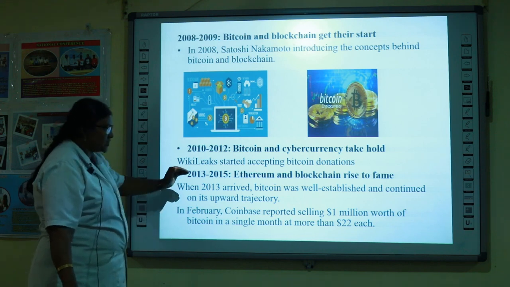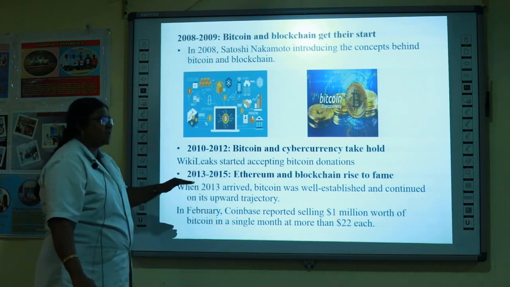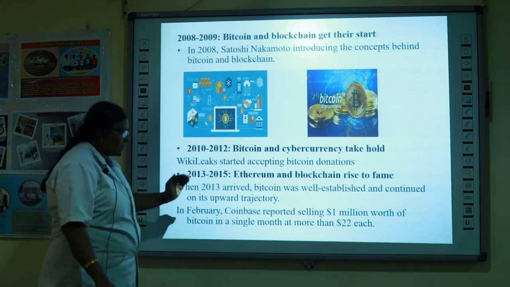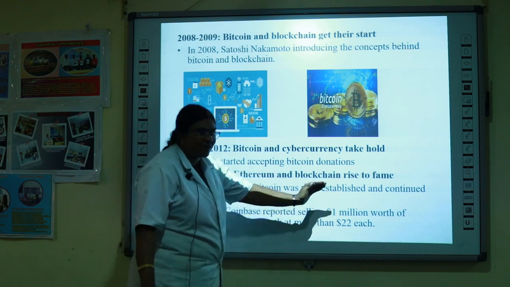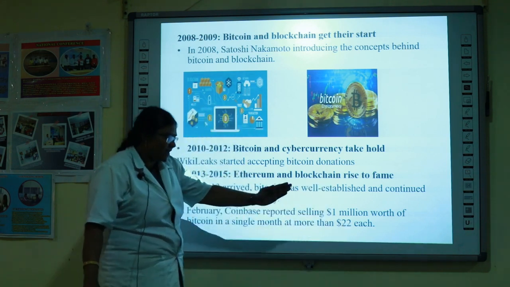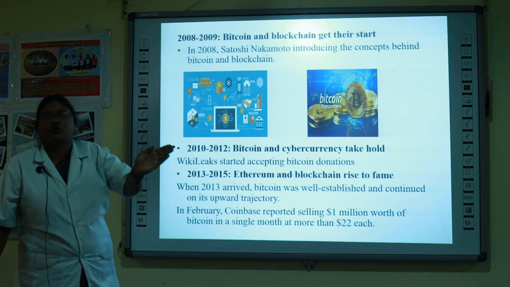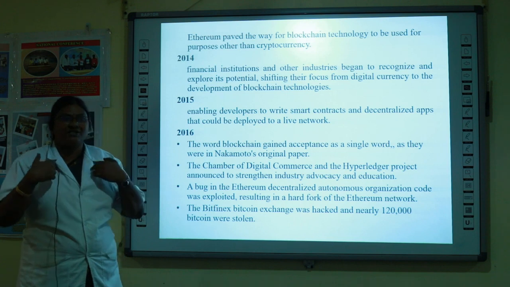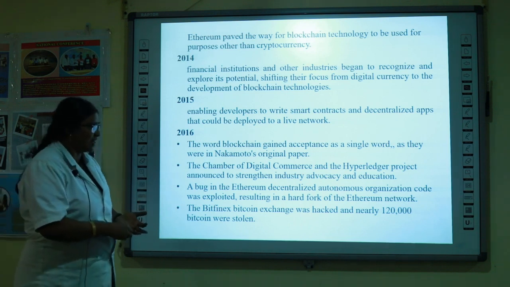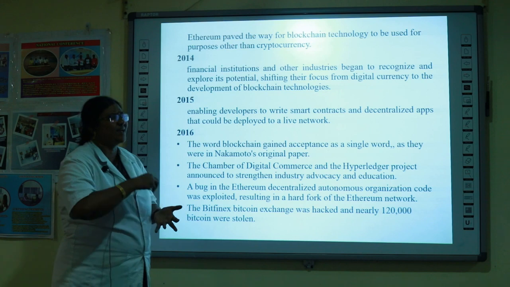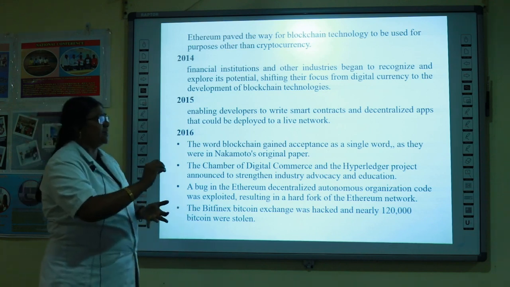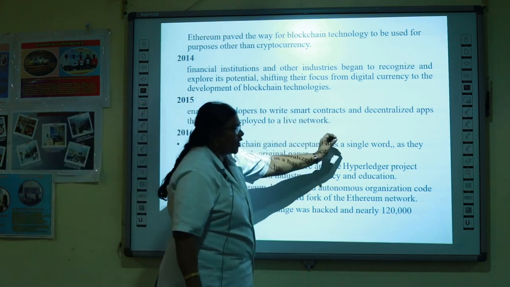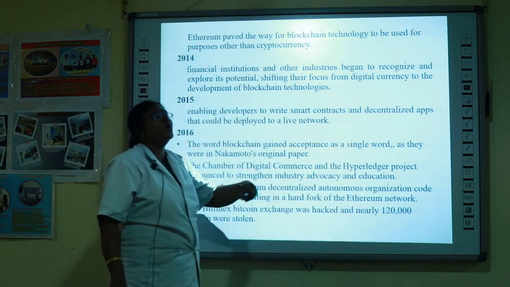So after 2013 arrived, the blockchain continuously moved in an upward direction. The blockchain value increased within a year, from $1 million to $22. So in 2014, many organizations came forward, like financial institutions and other industries, and shifted their payments from the normal way to digital currencies. In 2015, people worked on smart contracts and decentralized apps separately for sending the amount